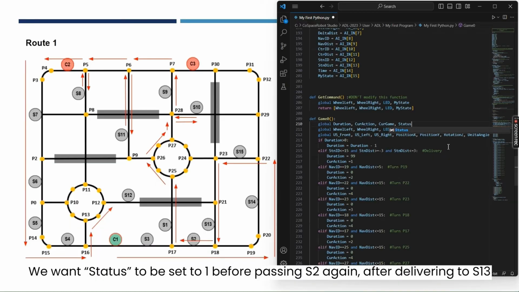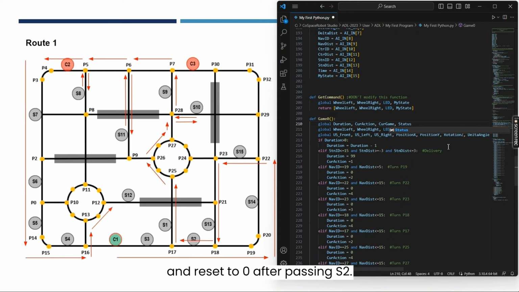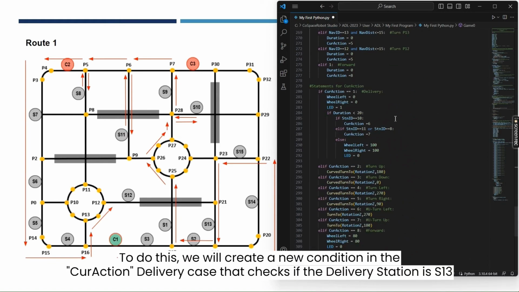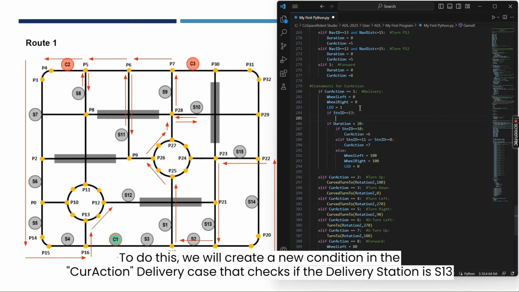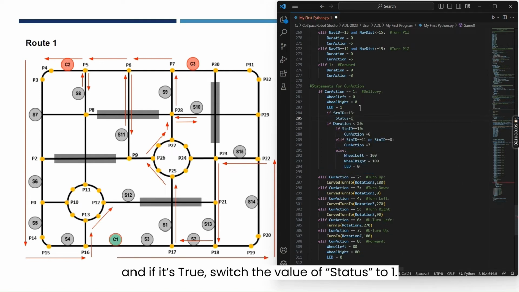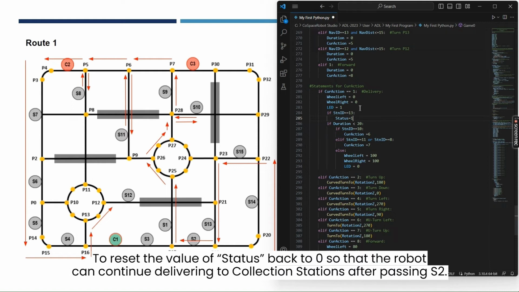We want status to be set to 1 before passing S2 again, after delivering to ES13, and reset to 0 after passing S2. To do this, we will create a new condition in the CurveAction delivery case that checks if the delivery station is 13, and if it's true, switch the value of status to 1. To reset the value of status back to 0 so that the robot can continue delivering to collection stations after passing S2,